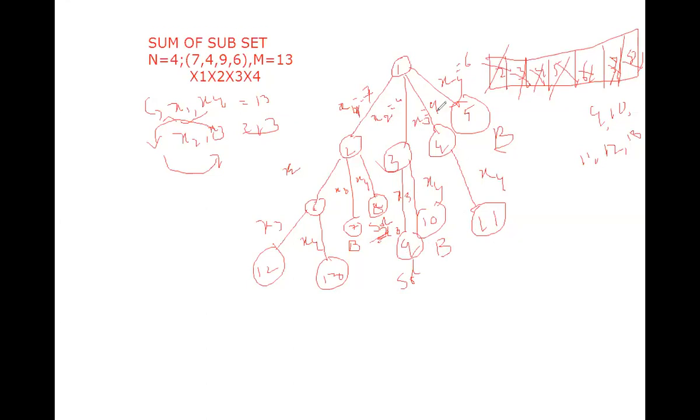Here x3 is 9 plus 6, 14. So here also the bounding function occurs. Here 9 is over, next 10 is over. Then we move to 11, 11 is over, next 12. Here 12 is 7 plus 2 plus 3, 7 plus 4 plus, it exceeds the bounding function. So you cannot extend this node later, and this also exceeds the limit. So in this way you have to find the branch and bound.